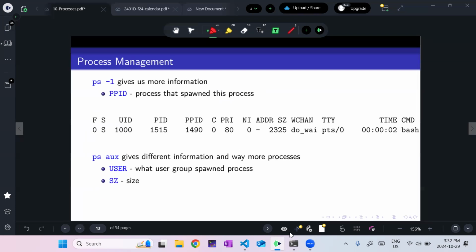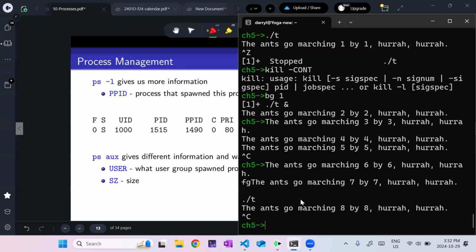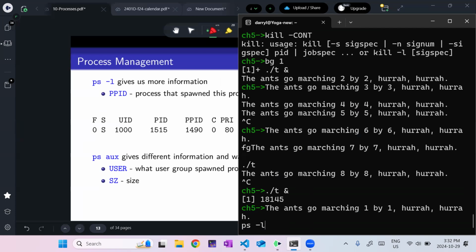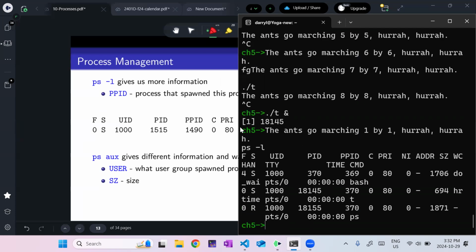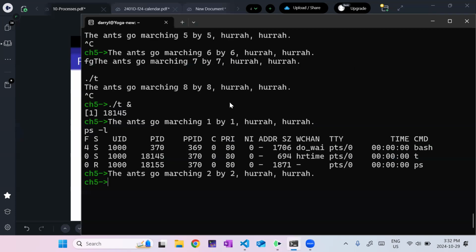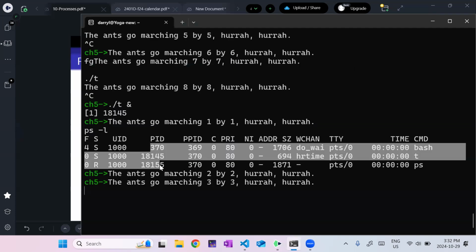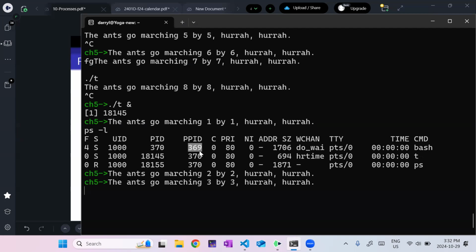PS -l will give us a little more information. So if I did something like, let's run this in the background again, and PS -l. And we can see it gives me the process ID. It gives me the parent process ID, right?